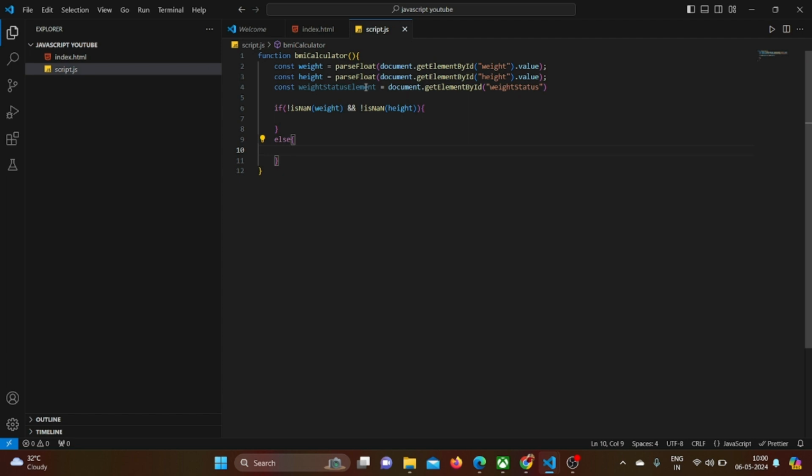So else part is there. Else, in else part we'll fire an alert, and we'll say please enter valid weight and height, and then we will